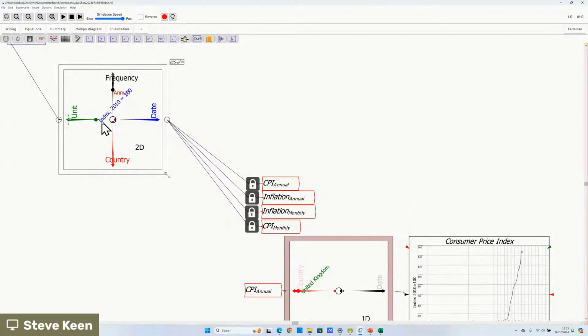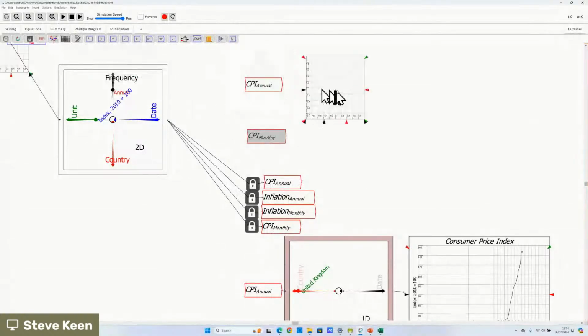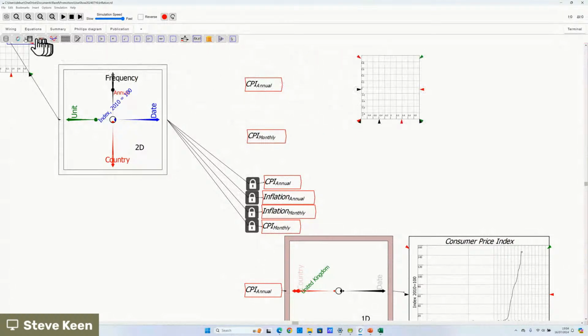And what we do is when the data comes in, I'll show the annual versus, I've got CPI annual there and CPI monthly already selected there. If I take a copy of CPI annual and then CPI monthly, then I can put them on one chart if I feel like it, which will not be particularly informative, but you'll see the capability of those different objects, the Ravel,